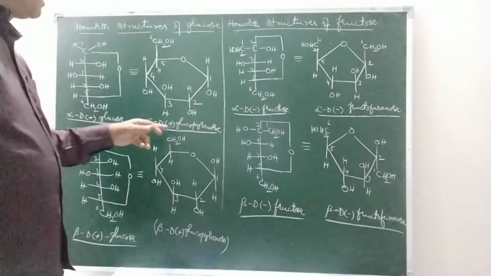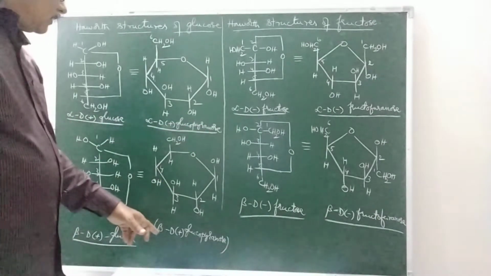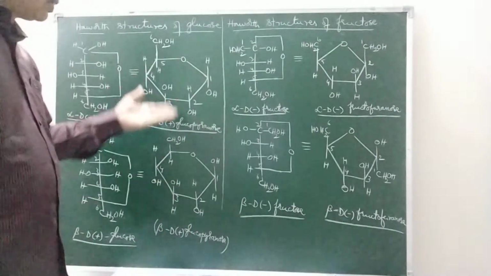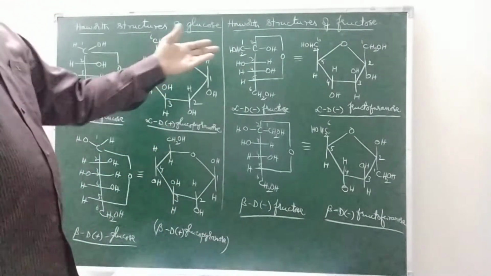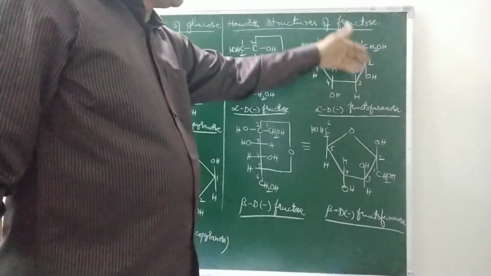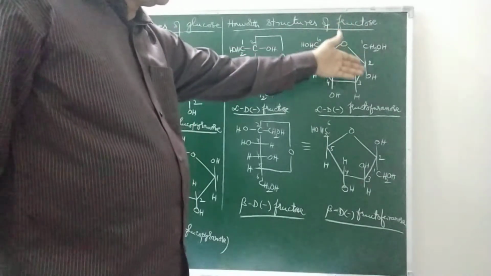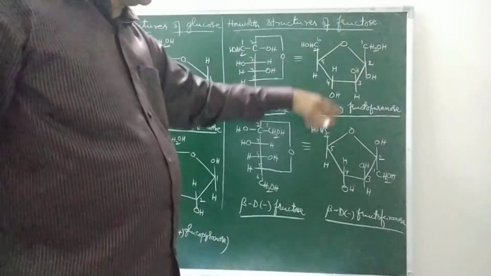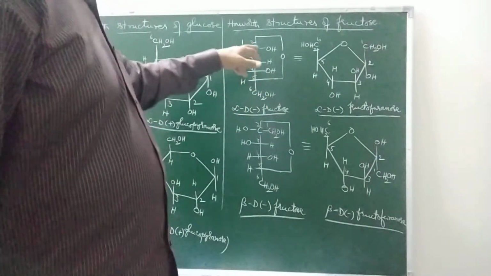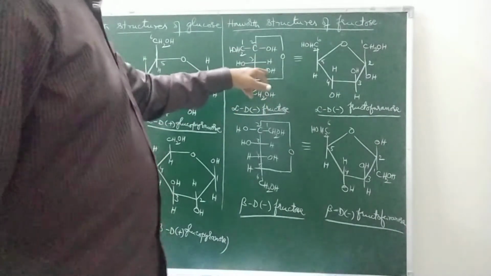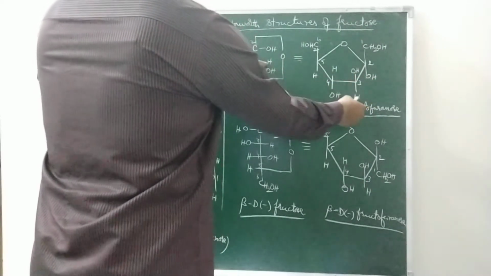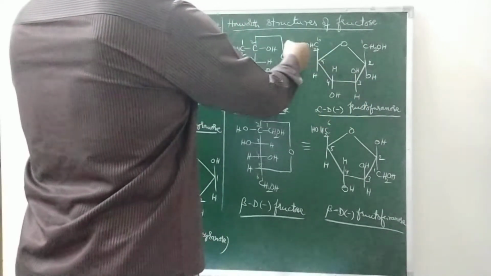So it can be named as alpha D plus glucopyranose. Here this is beta D plus glucopyranose because these two have pyranose structures. Similarly, in the previous class, in the Haworth structure, here also I think OH is written at the top side and CH2OH at the bottom side. So you must change the names. If you change these two names, that becomes sufficient. Anyhow, here the OH, H, OH groups are present at the right side, so they are mentioned at the bottom: OH, H, OH, H, CH2OH.